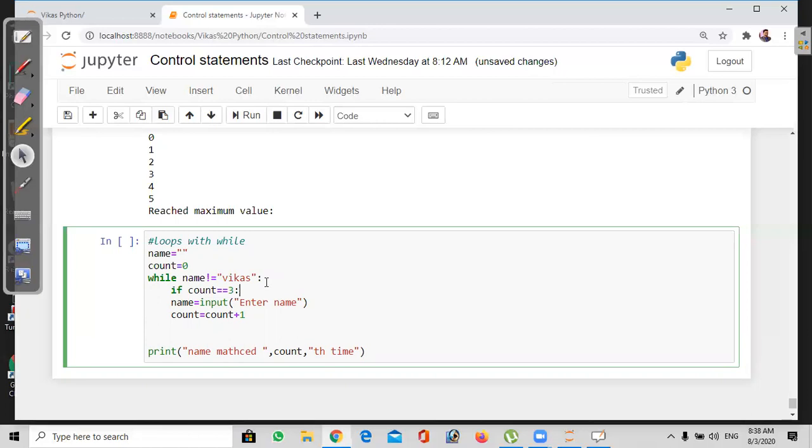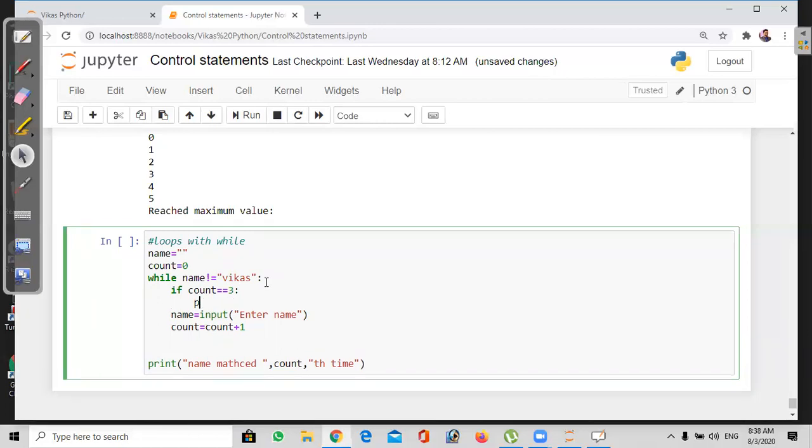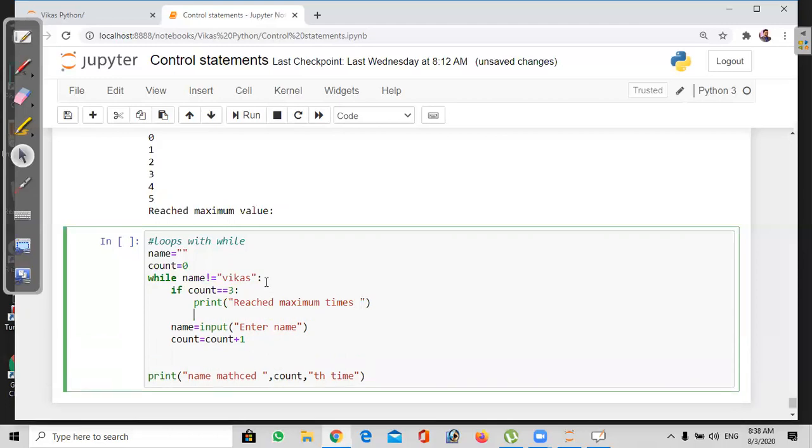When it reaches 3 times, it needs to print a message. We will apply break, or else it needs to continue the loop.